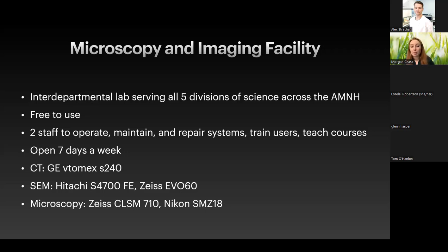For SEM, we have a Hitachi S4700, our field emission. So for very small things, entomology uses it a lot. The person that keeps poking in is from Earth and Planetary Sciences, so they're looking at rocks. And then we have our environmental SEM, our Zeiss Evo 60, which